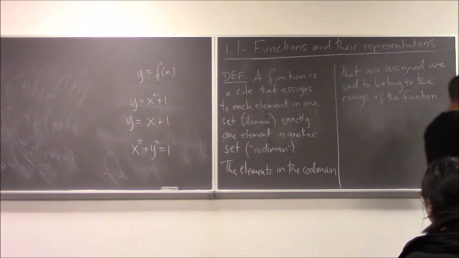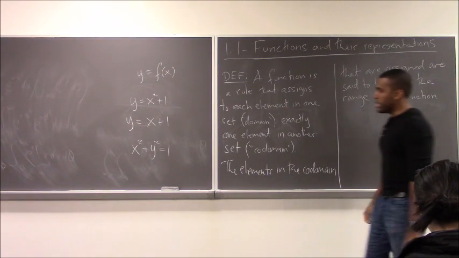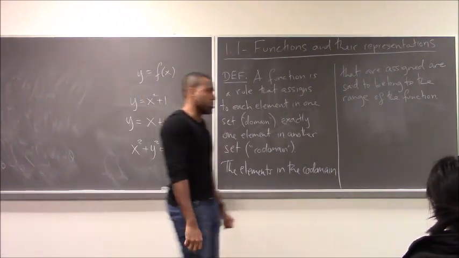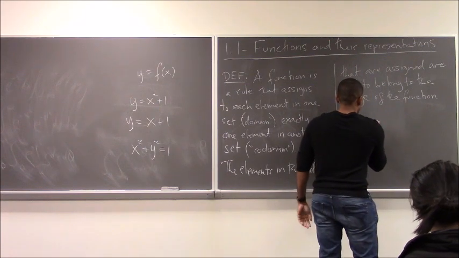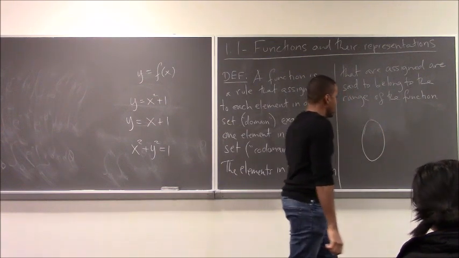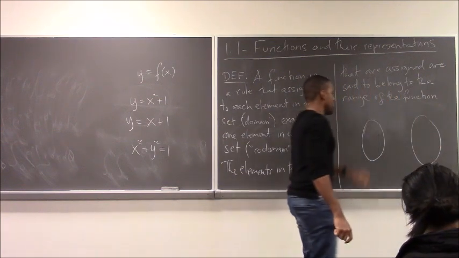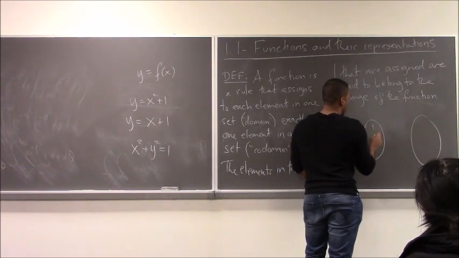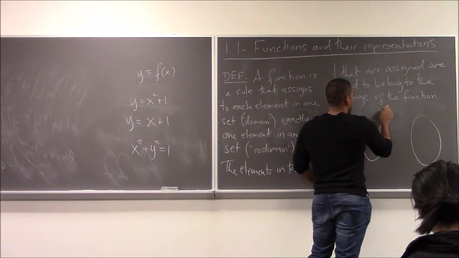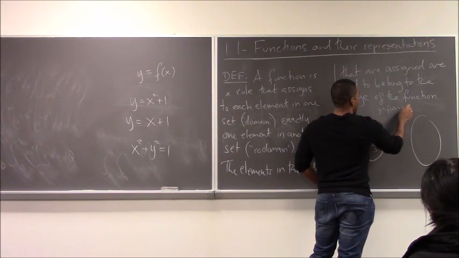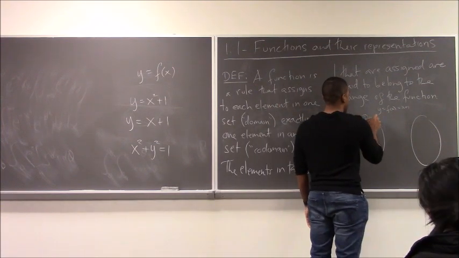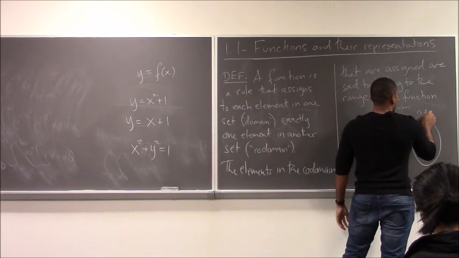Okay. So you can think of, and it can be mathematical. So I could do, for example, let's run with this example, y equals x plus 1. Just doing a pictorial representation. Which means if I'm given a number over here, say 1 or 2 or 3, a function that I can call y equals f of x, which has the definition of x plus 1, and we'll talk more about what that means. What it does is it makes assignments. If this is my domain, and this is my codomain,